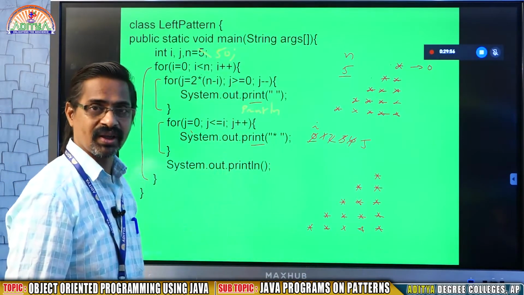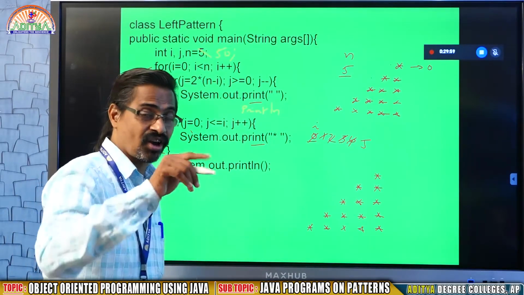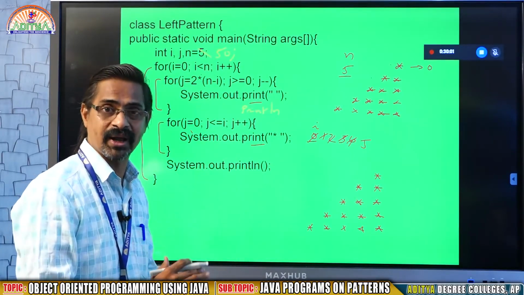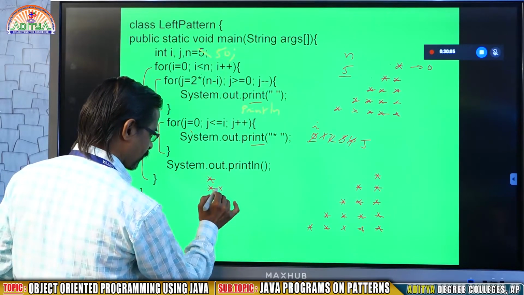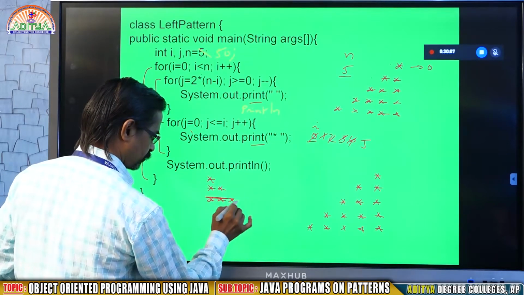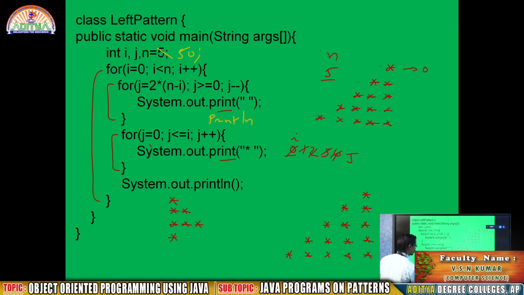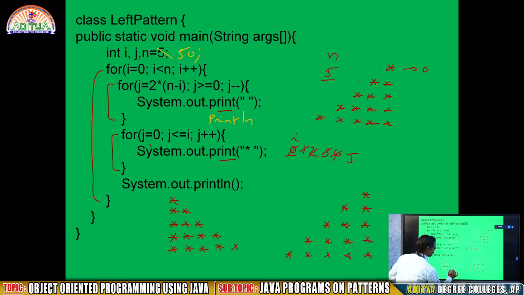But remember one thing, all asterisks are not generated in the similar manner. Because in the previous example, I required like this. This is the first program that I explained.